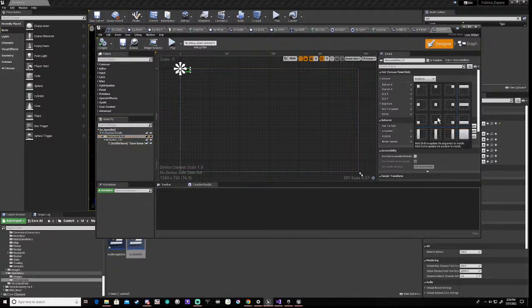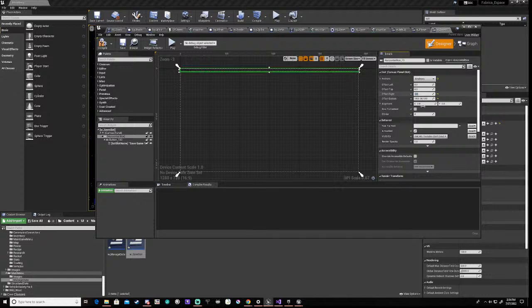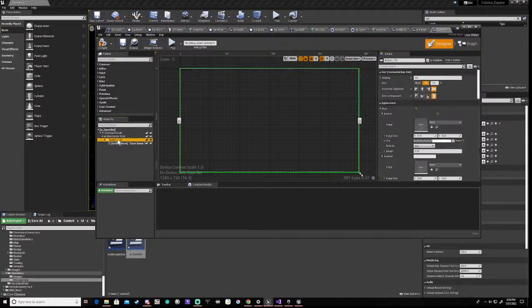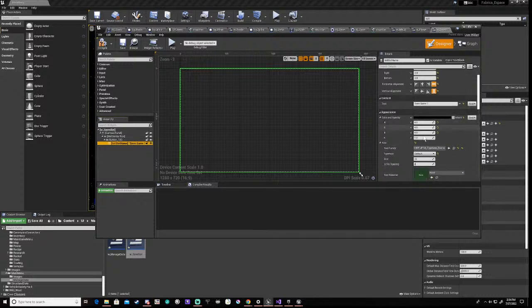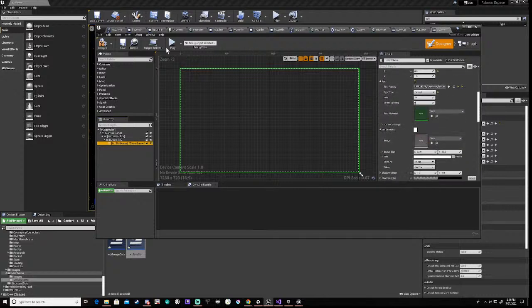But I'll tell you what we'll do. We'll do that. Then we'll do that. Then our button, okay, that's fine. Is that even visible, or is it just because it's black? Okay, whatever. Right, what we'll do here now